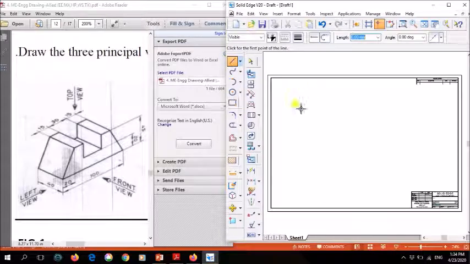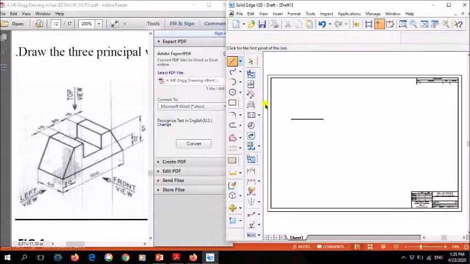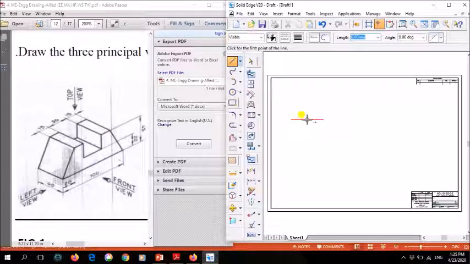First, I'll draw this horizontal line, that is the length. How much is it? 100 mm. So I'll draw 100 mm length. Next, whatever this height is there, it is 45, but it is not straight. It is slant. So I don't know what its angle is. So what I'll do is, I'll just escape. I'll take a line.